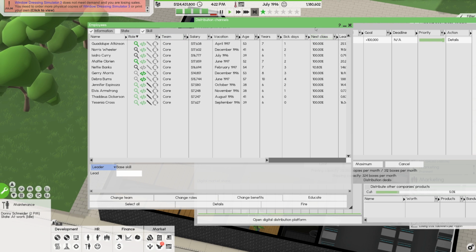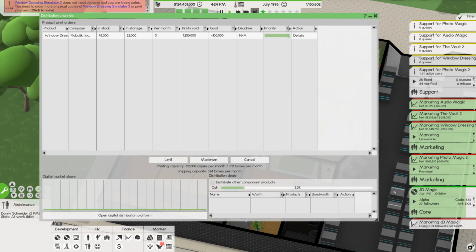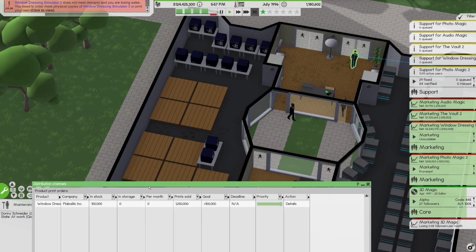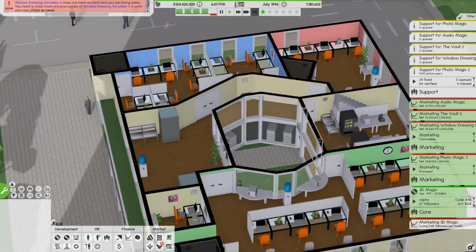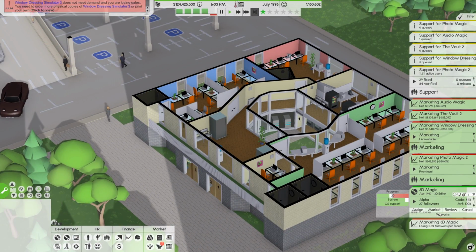I guess a programmer and a few people, I guess because they might be finished with their jobs because there's no art to be done. Okay, so everyone seems to be okay. All right, so I just want to watch this. 100,000 stock. So now I guess it's going to pause that. Interesting. All right, well, we didn't see anyone work in the office today, so let's go ahead